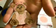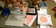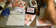I had prepped these bears, and these are done with some alcohol inks. I actually did a class on them, a tutorial. I had like 2 or 3 of them, and I'm using one tonight for the class, so I wanted to make sure I had everything ready. So, okay, besides the dies that we're using,